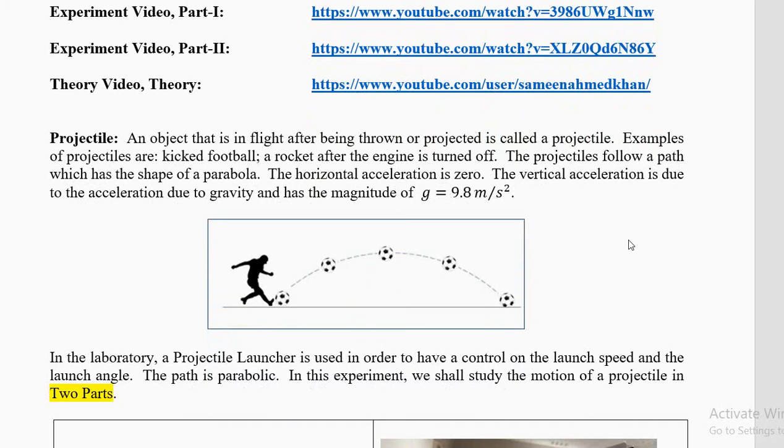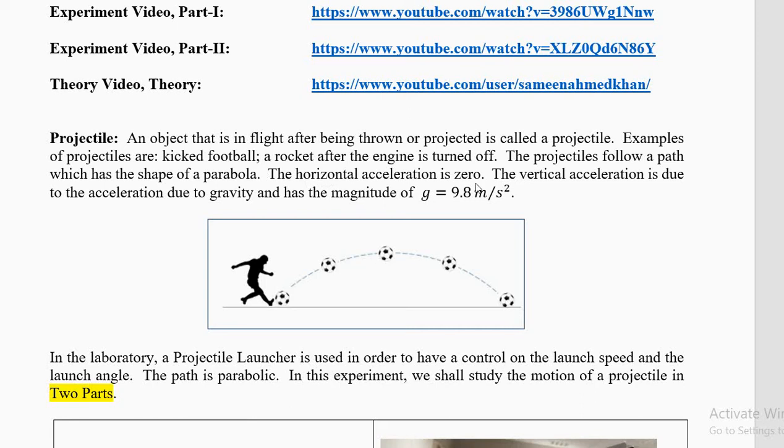When you kick your football, it follows a path. It goes from the ground up and comes down, and that path is not a circle or part of a circle. It follows a parabolic path, in the shape of a parabola. A parabola is a second degree curve, y equal to ax square plus bx plus c, where a, b, c are some numbers which we will not worry about. We have seen that in your Physics 100 and Physics 170.